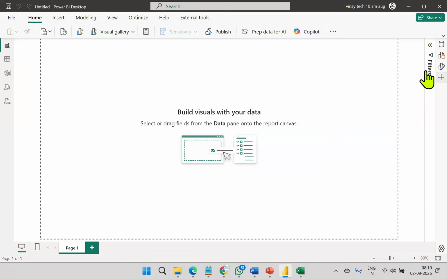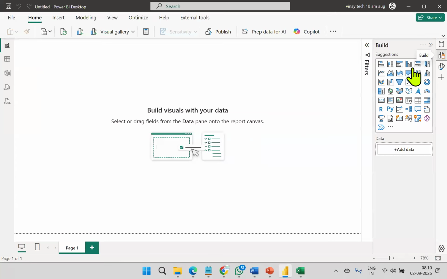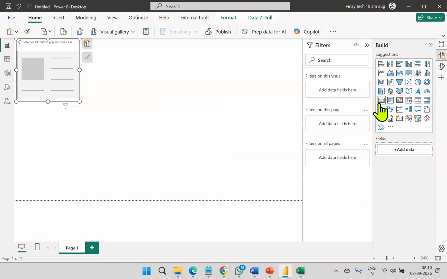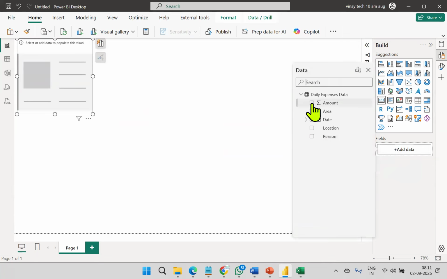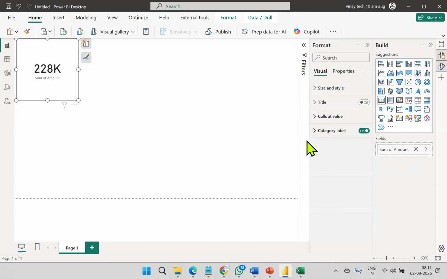I will go there. First, visual identification, build card visual, visual ready. Data, field. I don't want filter pane, okay. Field level amount. Visual ready, data ready. Now format, go to format.